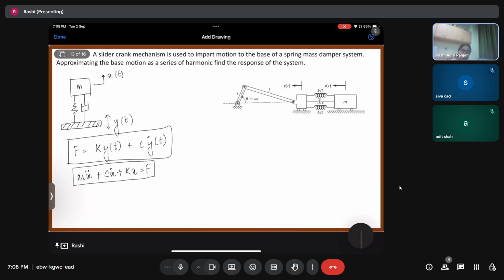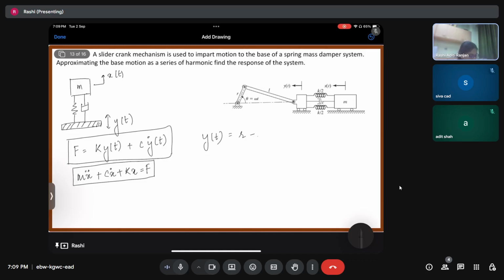Similarly, that is what we are going to do over here. We are going to find the y of t. Okay. So for now, let us consider that y of t is periodic, but I don't know what the form is. So what am I going to do? I'm going to use the geometry to find out the y of t. Okay. So now see over here. y of t is going to be what? Now, y of t is essentially going to be